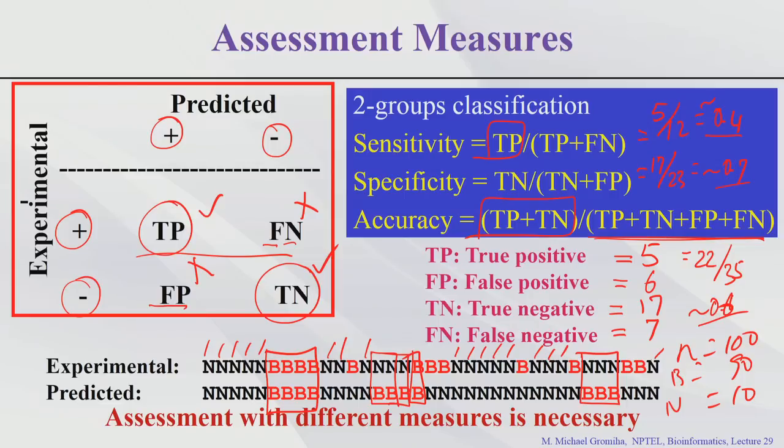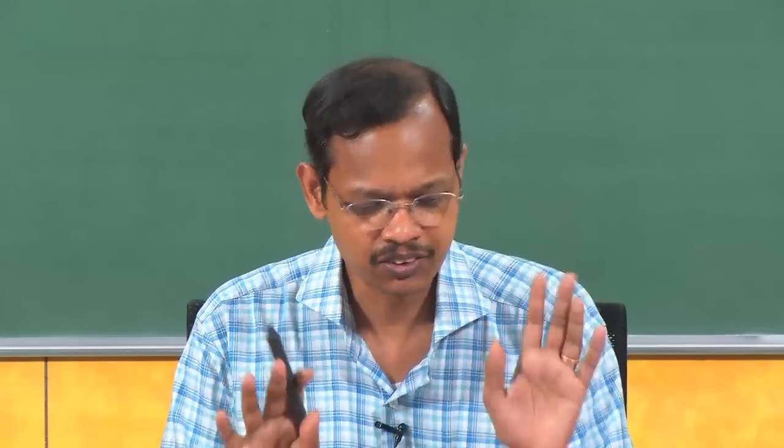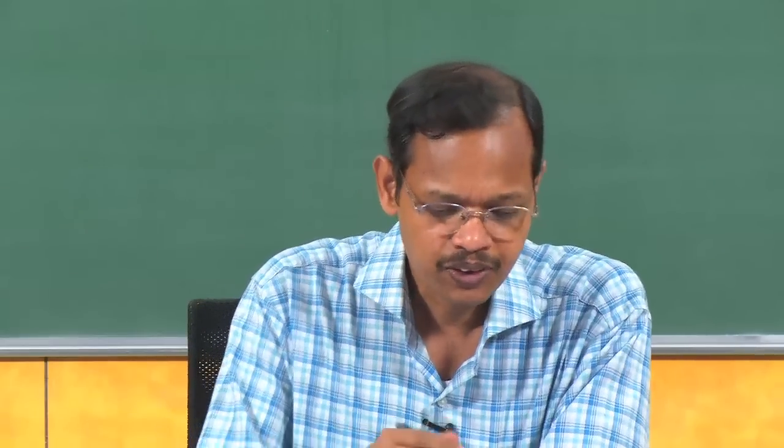90%, because 90 are correct out of 100. So in this case the accuracy is 90%. Is this method good? It is not good. If you see the accuracy, this is good, because 90% is very good, you can use it. But on the other hand, if you calculate the sensitivity and specificity, this accuracy,